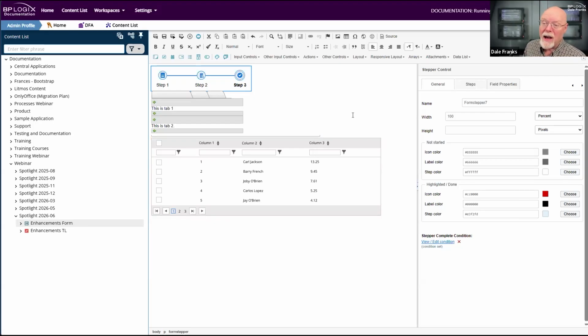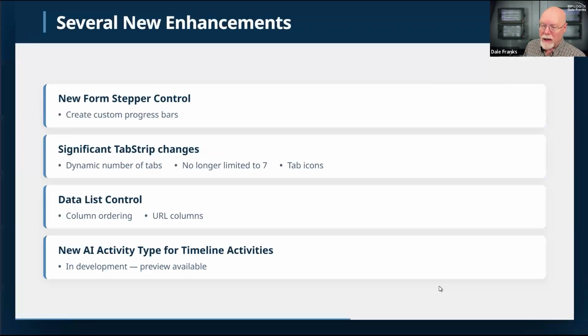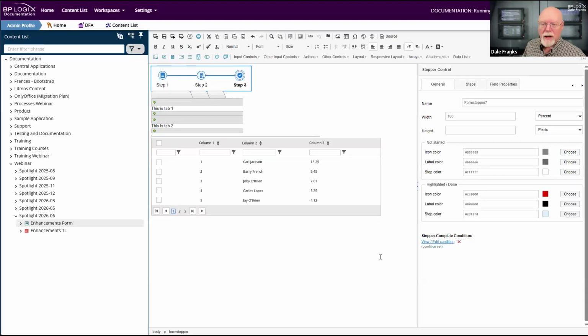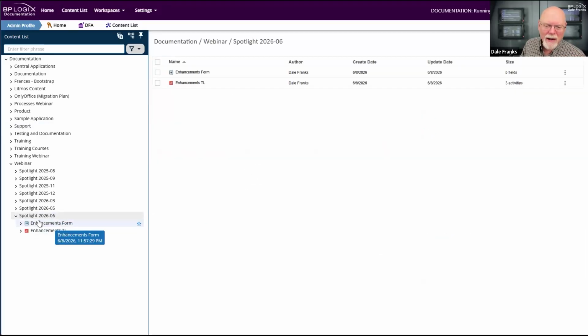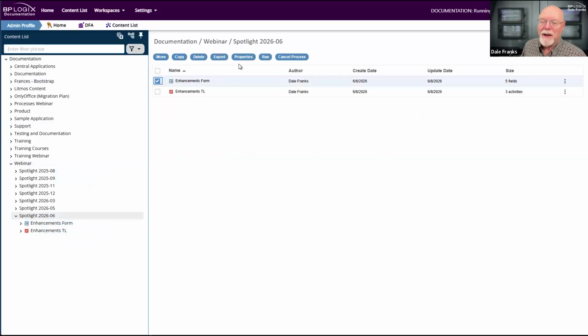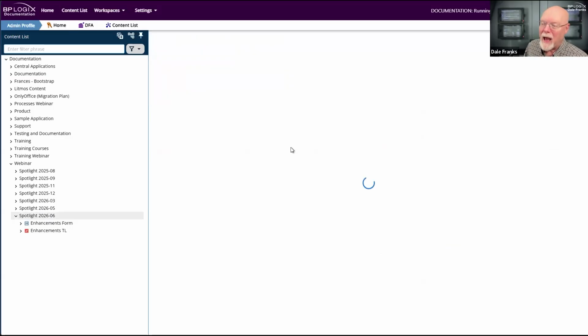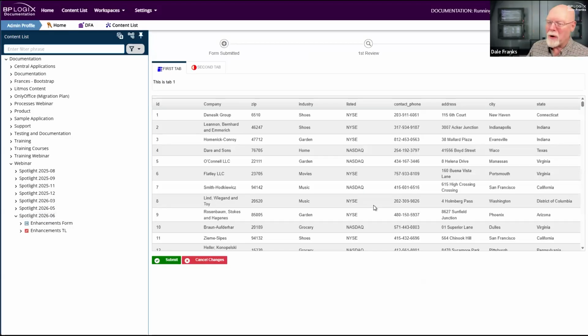I actually kind of like it, and I think it would be something that I would use fairly regularly as far as doing implementation. You know what? Before we move on, we don't have to play around and just talk about this control. I mean, we can look at it. So let me just run the form.